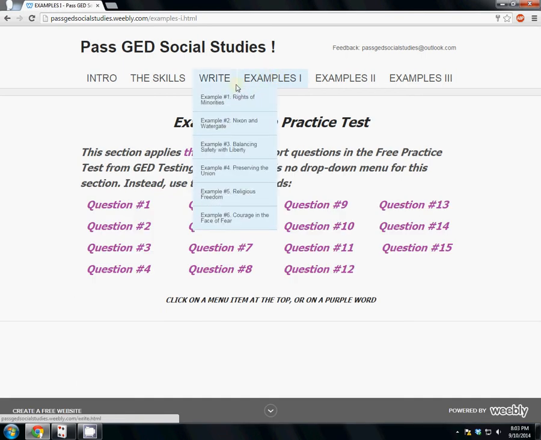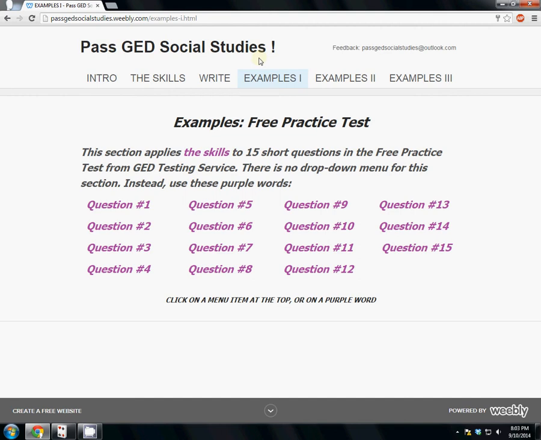So this is good, but it's not good enough, because 15 examples is not enough. You need more to really get good with the skills. And so I've looked for other online questions. I've looked at a lot of test preparation books, and the problem with almost all of them is that the questions in them are not like the questions you will see on the test. They're more like what you would see on a high school science test. I did find one book, however, that